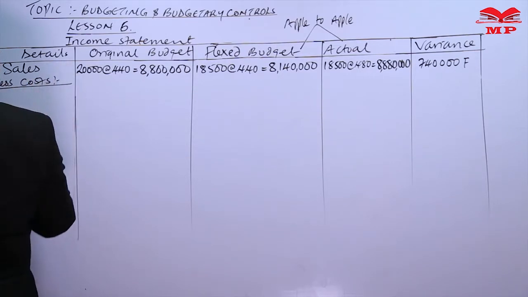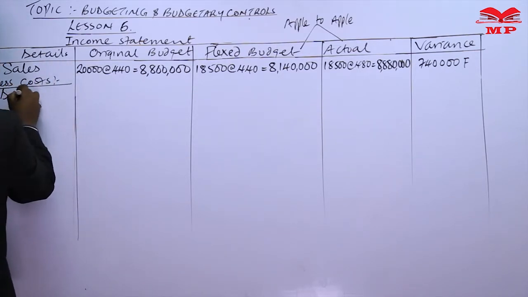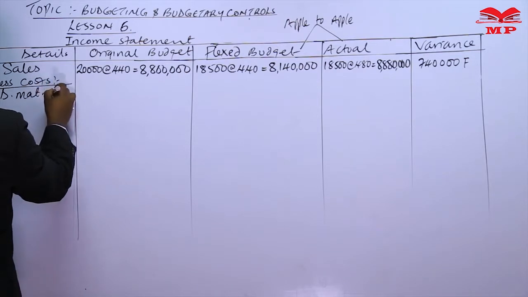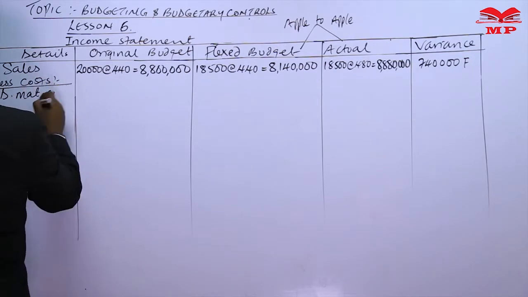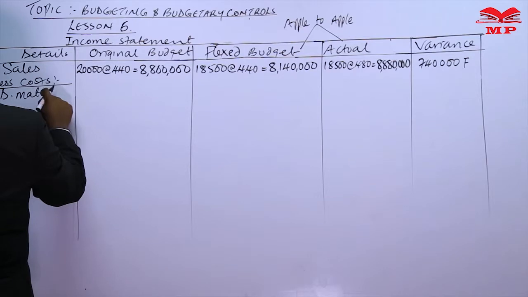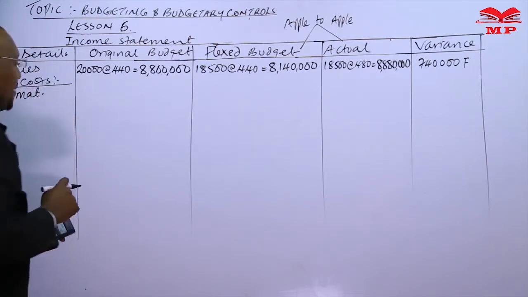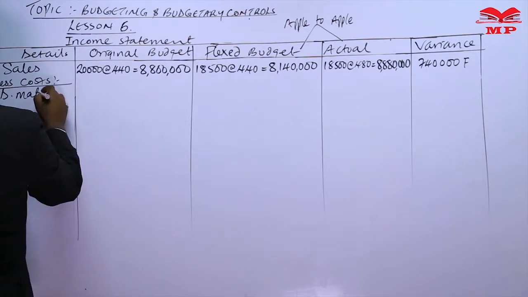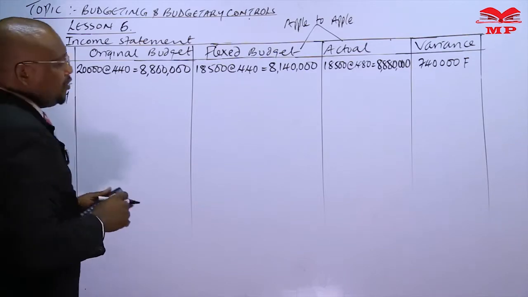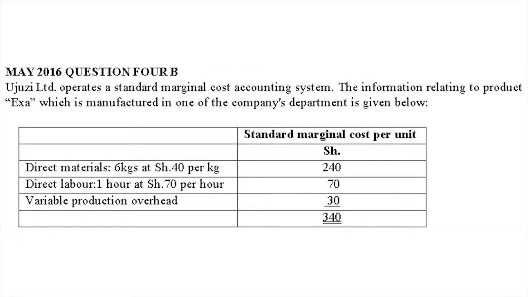So the cost here, we do have the direct material cost. First of all, I would want to do for you the direct materials quantity first. The quantity that we were expected to use, so that at least we know what is original and what is flexible. If you look at the budget, the standard cost up there,